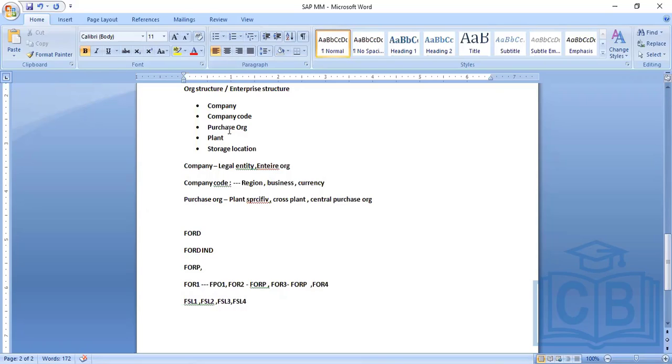Okay, so from MM to FI, MM to SD, MM to PP, all those things, that data needs to flow, right? Then only will it flow to the other modules. In order to make it flow, we will do the interlinkage, so